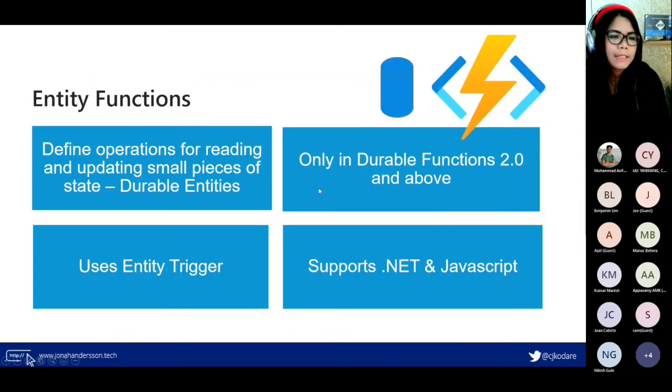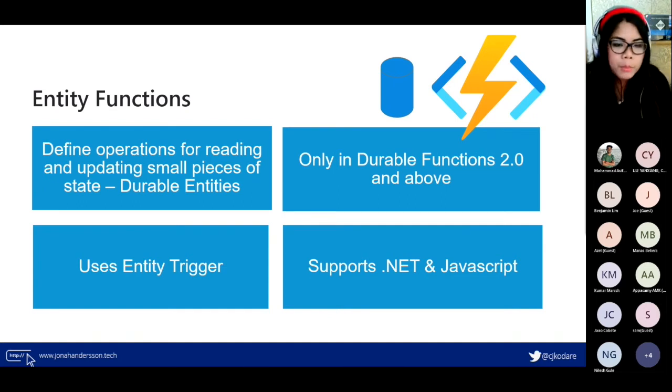Then there's also something called entity functions. Entity functions are a special type that are used for CRUD operations for durable entities. The special thing about this type is that it needs to use an entity trigger instead of the normal client function trigger.